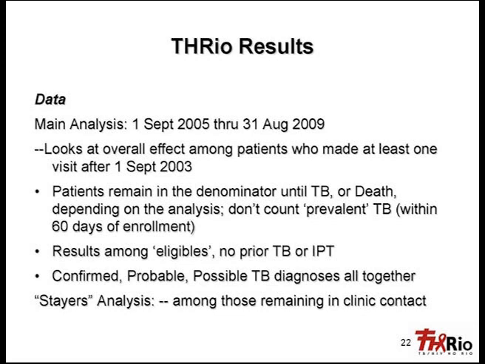Basically, we're looking at people who are either entering the clinics during our time or were there a couple of years ahead of time, and we leave them in the denominator until censoring. The main outcome is TB, and the very close one behind was TB or death, the combined endpoint. And we wanted to avoid people who came in just because they had TB. So we took out the first 60 days of TB cases after enrollment into a clinic.